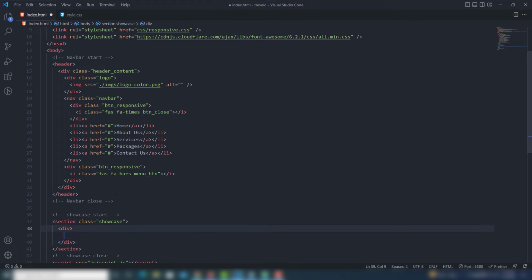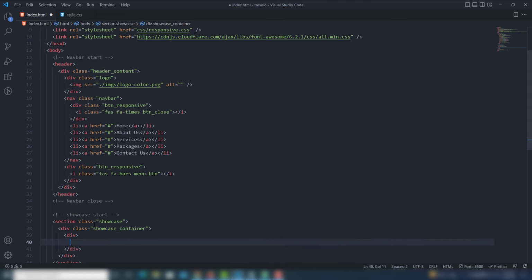and inside there I'm going to create a container, because I will grab all of the content inside the center. But this time I'm going to leave that because I'm going to show you one by one. I will remove that. I will create a div and assign the class showcase container,